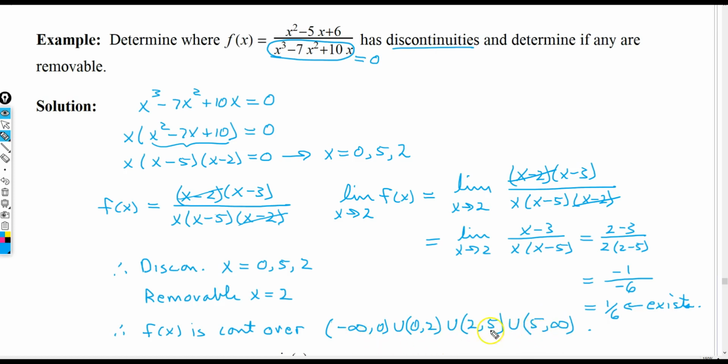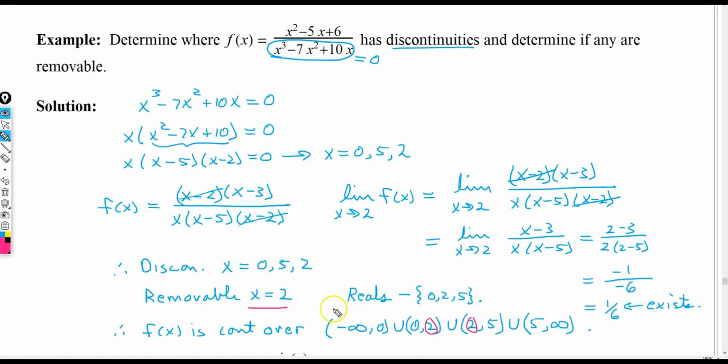So these are the intervals over which the function f is continuous. Notice we basically took the real numbers and took away 0, 2, and 5 from it. So it's basically the real numbers minus the set of numbers 0, 2, and 5. So this is your interval of continuity for this particular function, with 2 actually being a removable discontinuity, as we